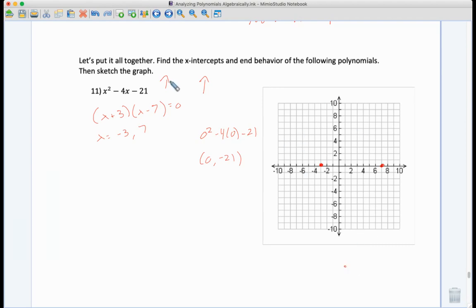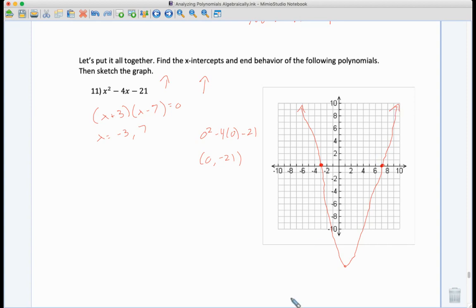So again, just using what I know about this function, the end behavior and the x-intercepts, as I go towards the left, I would expect my function to be coming from the top over here. And as I move further and further to the right, it should also be going up to the right. So just a very rough sketch. And again, clearly not the best drawing, but we can get a pretty decent look at this graph without even looking at an actual picture of the graph,